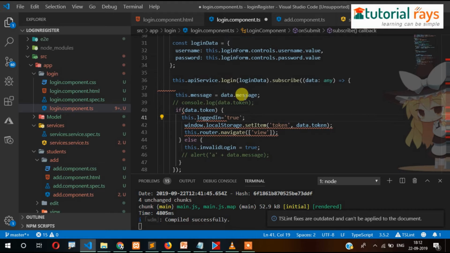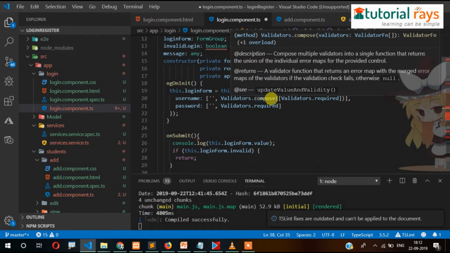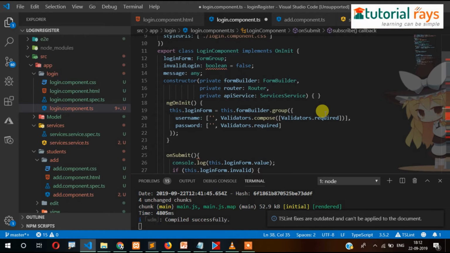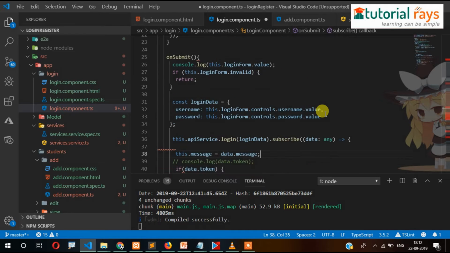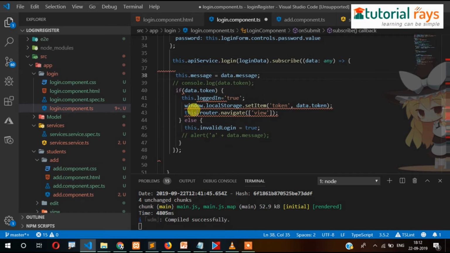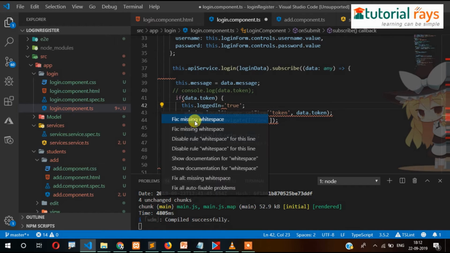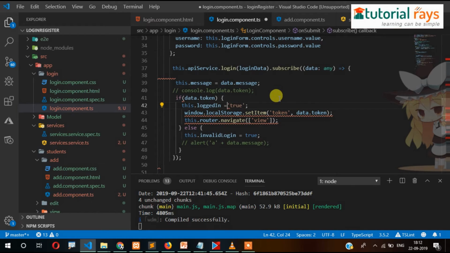And we need to write here ng on it. So we will set this logged in to true. Okay, so it requires some wider spacing. Okay, now it's fine. Login is true,